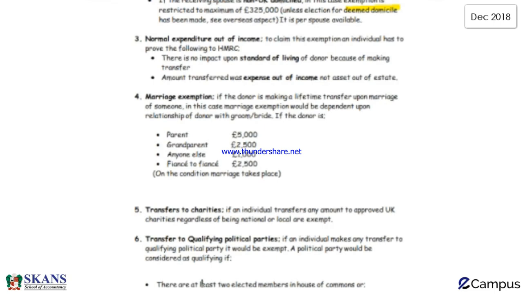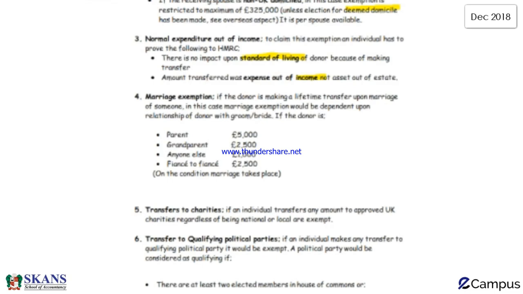But we need to be able to confirm with HMRC that the transfer our client made does not have any impact upon the standard of living of our client, because the income he earns is quite material and the transfer of value is an immaterial amount in respect of the annual income. So for example, if an individual is earning £200,000 a year and he's transferring £2,000 or